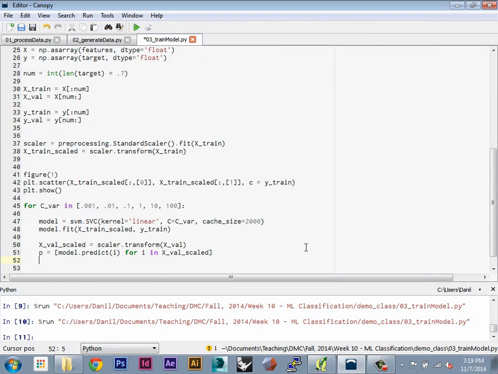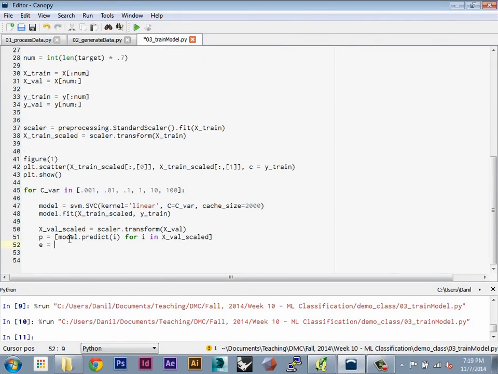So once I have those predictions, I want to generate some kind of error value. The error is going to be basically the number of values in my prediction that don't match my known validation values. So first I need to compare my prediction to my validation set. I'm going to say y val does not equal, so this exclamation point equals means not equal, to my